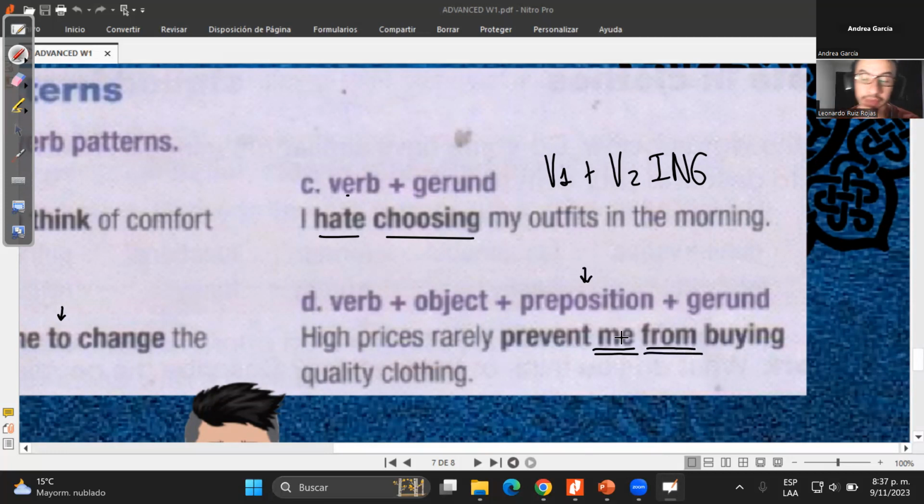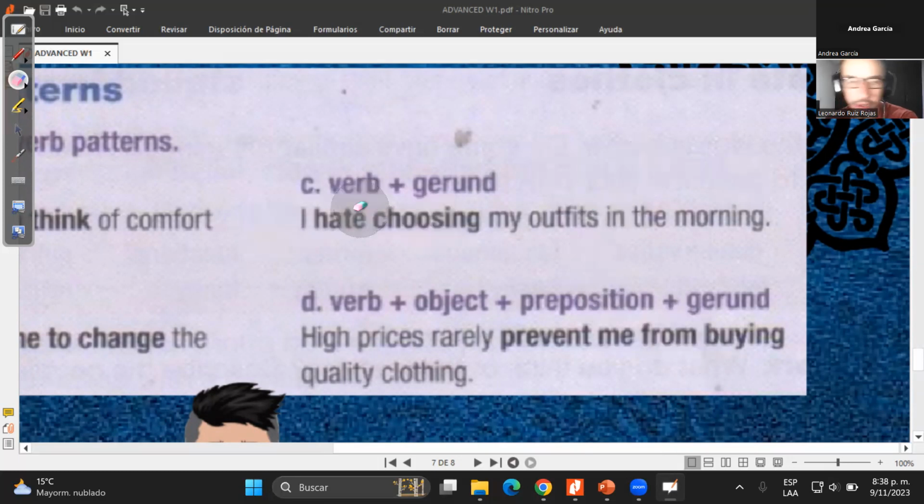For example, prevent somebody from doing something. It means evitar que alguien haga algo, right? Or encourage me, well, in that case it would be to, but I can have other different ones, no? With different prepositions, so not only from, but we're going to see that we have other different prepositions, right? This is basically the same, but the preposition is going to change. And if the preposition is not to, but it's different, like from, for, about, the verb is going to be in gerund, not in infinitive, ready?